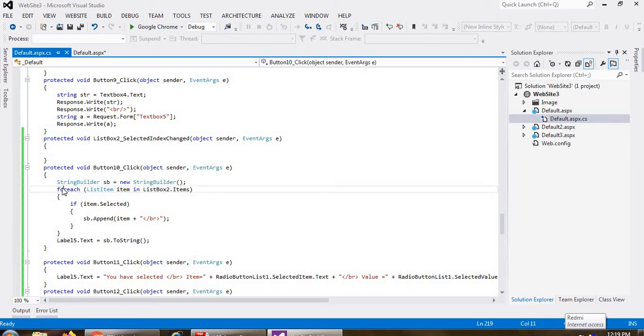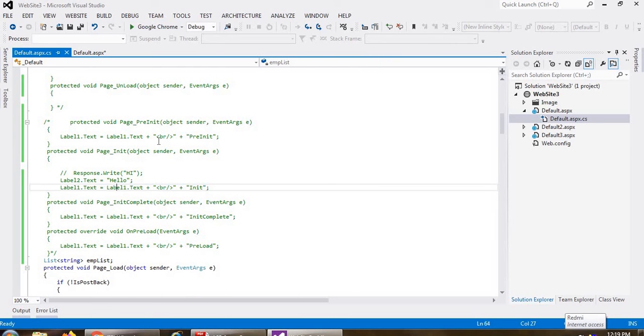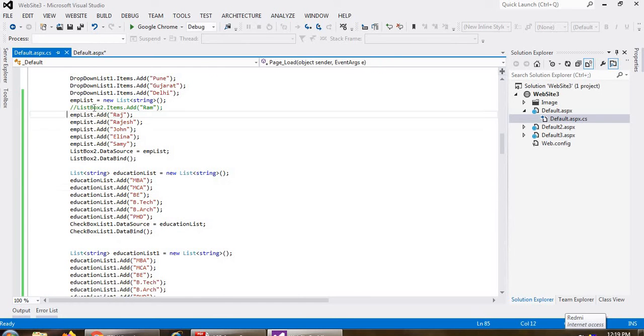तो हियर आई एम यूजिंग फॉर ईच लूप, ListItem इज माई क्लास, एंड आई क्रिएट द ऑब्जेक्ट ऑफ दैट क्लास, item in ListBox2.Items. मीन्स उसका मीनिंग लिस्टबॉक्स 2 के अंदर जितने भी आइटम है वो सब आइटम यहाँ पर आएगी, राइट? अब एज्यूम कर लो मेरे पास 5 आइटम है. सी हियर, मेरे पास कितने आइटम है? हाउ मेनी आइटम्स आर देयर? आई हैव एंटर राज, राजेश, जॉन, एलिना एंड सैमी. आई हैव 5 आइटम. अब उसमें से मैंने 2 ही सिलेक्ट किए हैं.